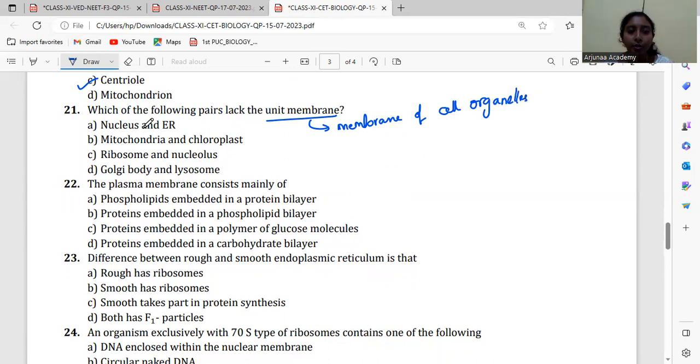So here, nucleus has the cell organelle. Endoplasmic reticulum also has cell organelle membrane. Nucleus is bounded by membrane. Endoplasmic reticulum is also bounded by membrane. Then mitochondria also has the membrane. Chloroplast also has the membrane. Ribosome do not have membrane. Nucleolus also do not have membrane. Golgi body has the membrane and lysosome also has the membrane. So the answer will be option